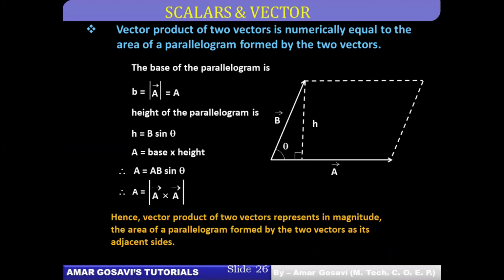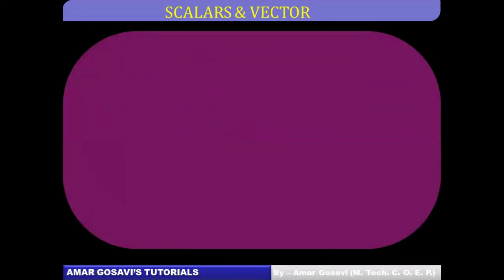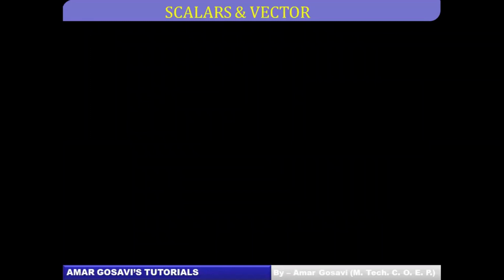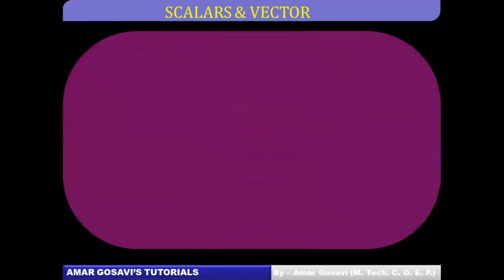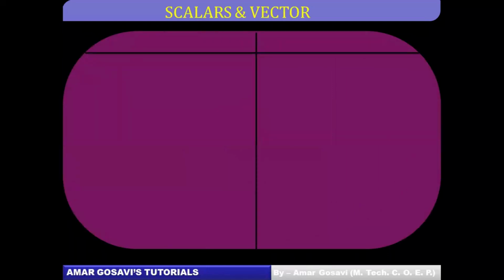So a brief comparison we have established between the two types of multiplication now. One is dot product and the other is cross product, friends. Okay. So let's proceed further. Most of you said done. So let's put a comparison between scalar product and vector product. Let's put a comparison over here. Dot product and cross product.